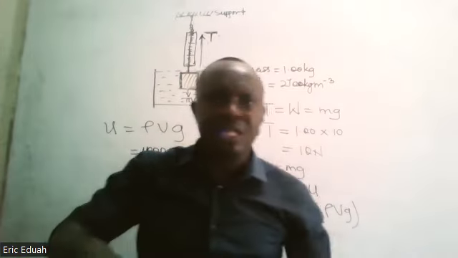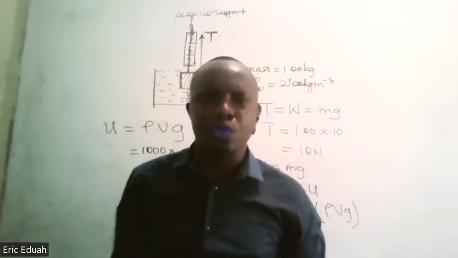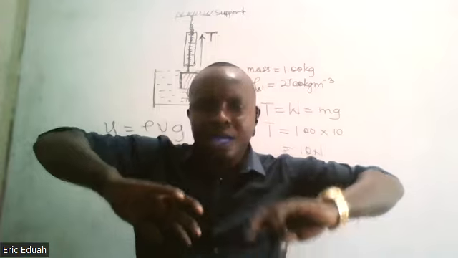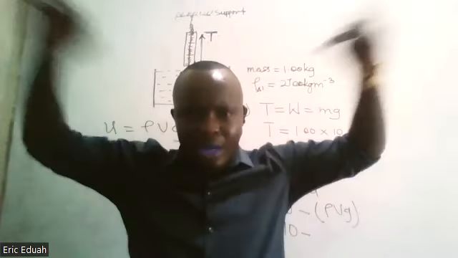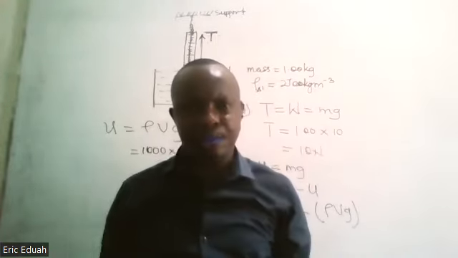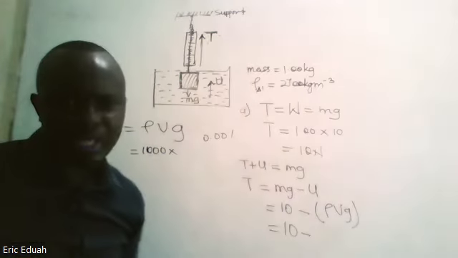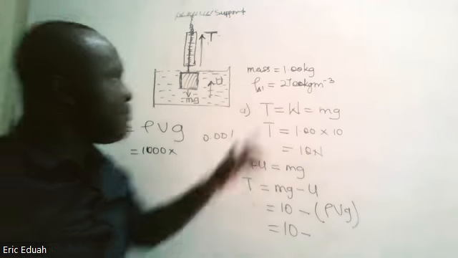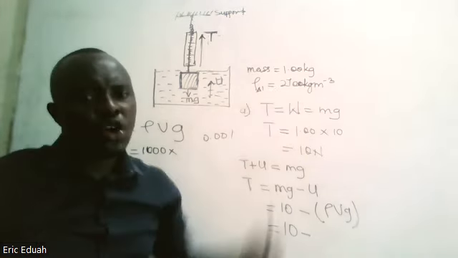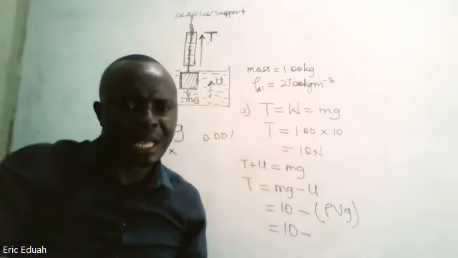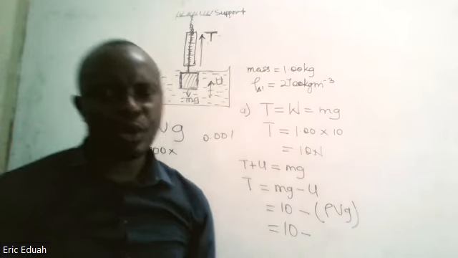So volume of water displaced is always equal to either the whole body of the object or part of it. So once the question talks about the metal completely submerged in the water,